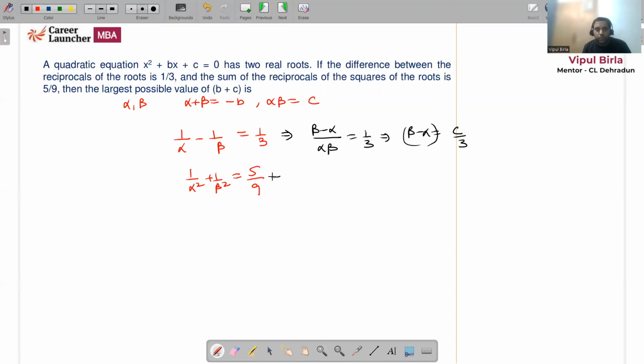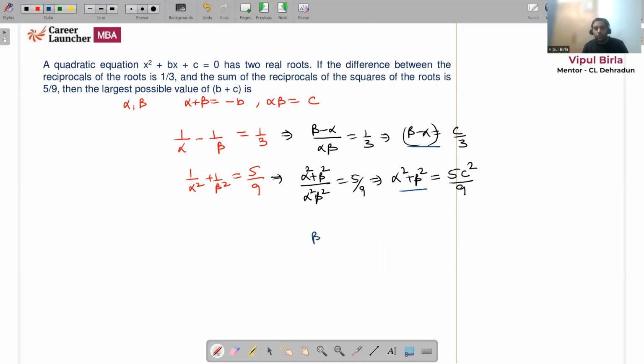And from this, we can say alpha square plus beta square upon alpha square beta square equals 5 by 9, which implies alpha square plus beta square is equal to 5C square by 9. Now from this, the first aim is to calculate what could be the possible value of C, right? So from these two,